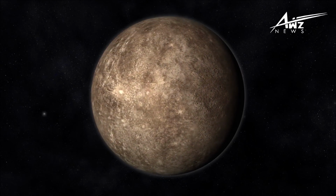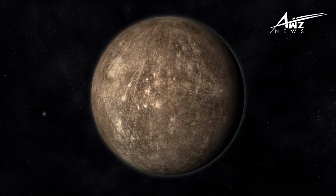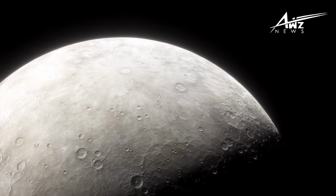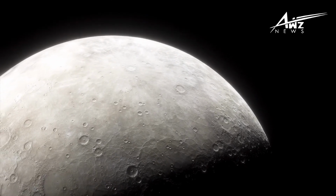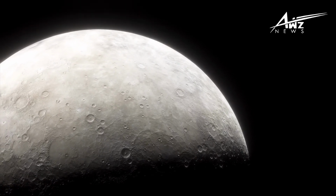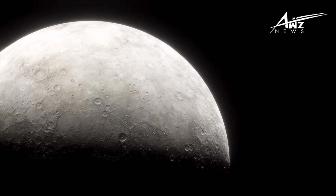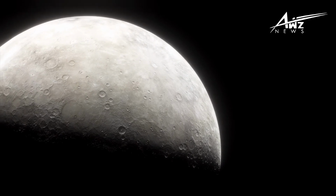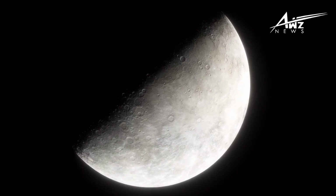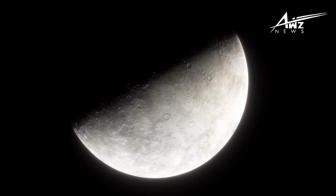Now, this exosphere is by no means steady in the case of Mercury. Atoms come from a multitude of sources and are constantly replenished and lost. The presence of water ice in the craters at Mercury's North Pole has been verified by NASA. Another feature that Mercury possesses that Mars does not is a true magnetosphere, or magnetic field, completely around the planet. Despite being just 1.1% as powerful as Earth's, it is nevertheless powerful enough to redirect much of the solar wind around the planet. We'll now discuss one of Mercury's characteristics that I believe to be most intriguing: its rotation and